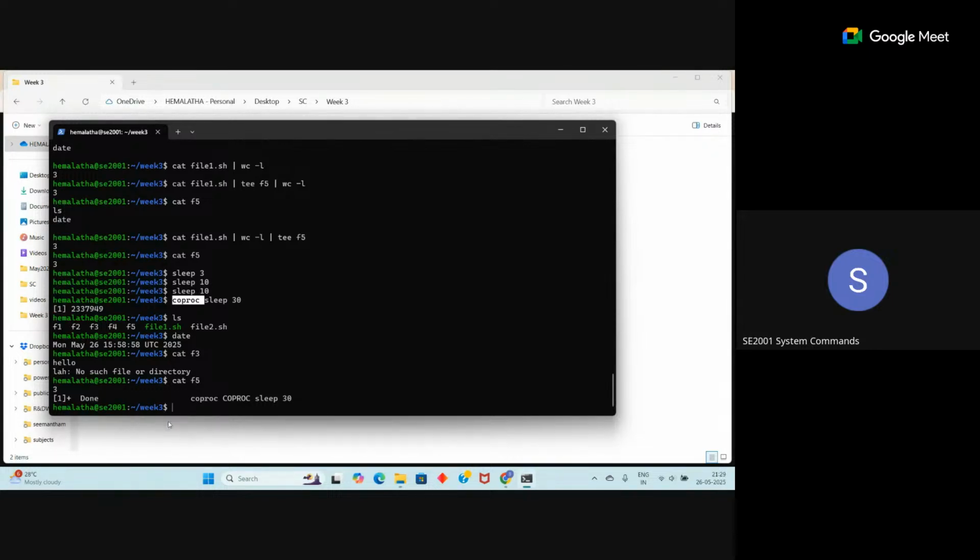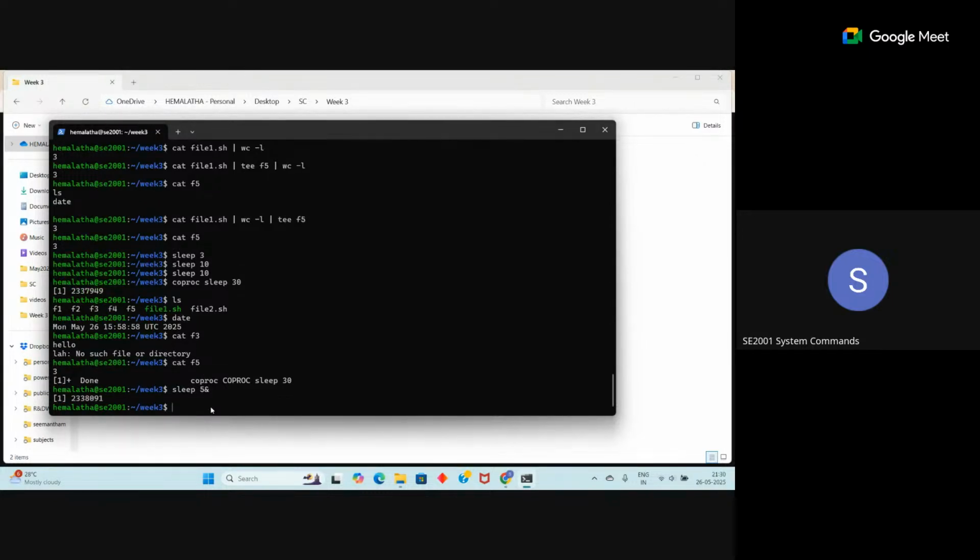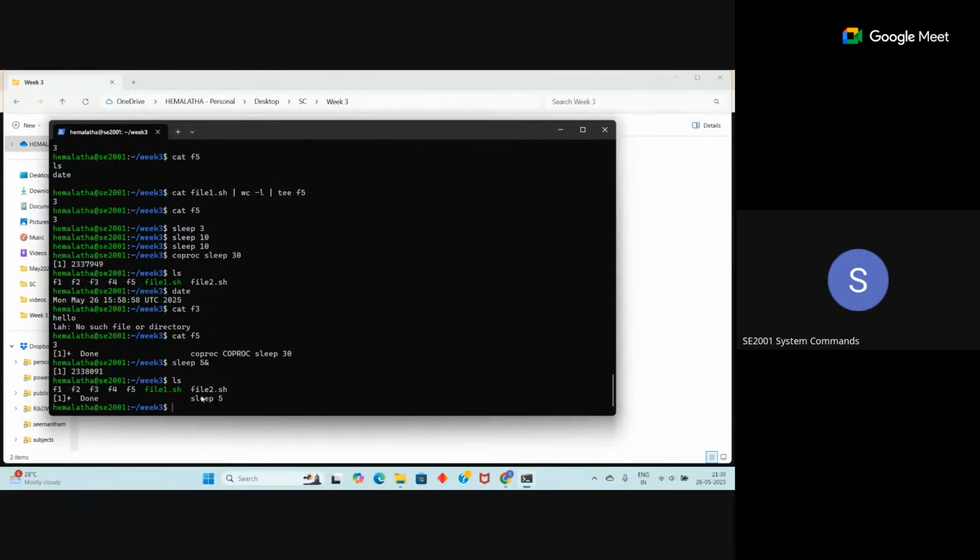To run a command in the background, say sleep 5, you give the and symbol at the end of the command. This creates the process and it will run in the background. This is the process created, and meanwhile you can work with other commands. Once it is finished,